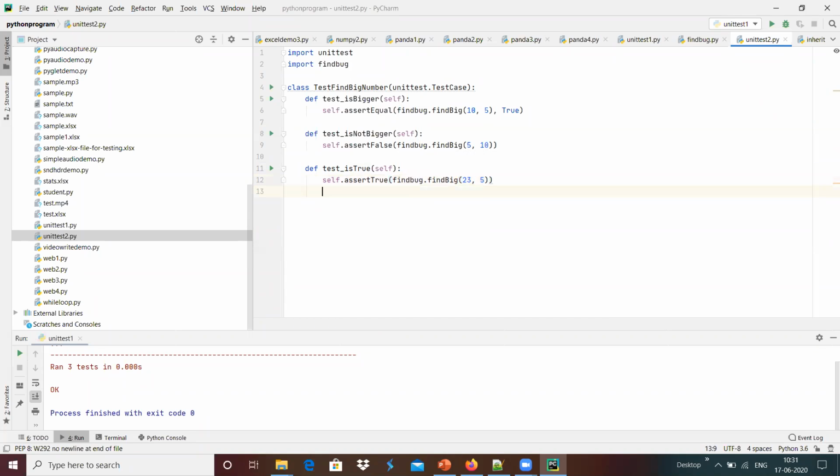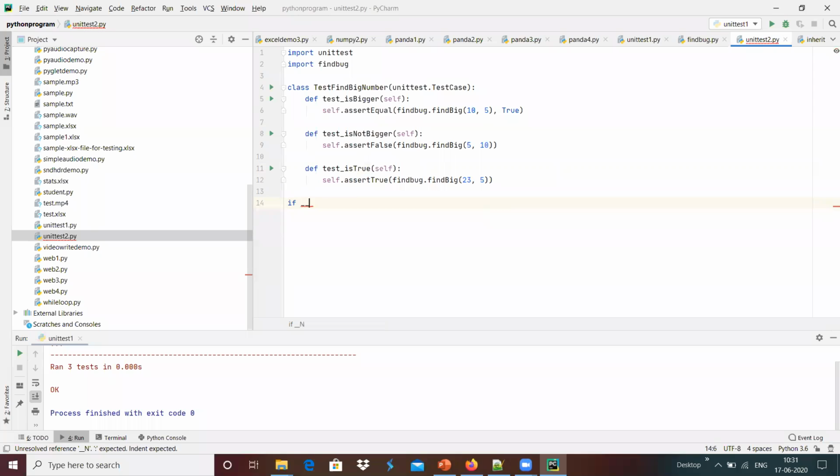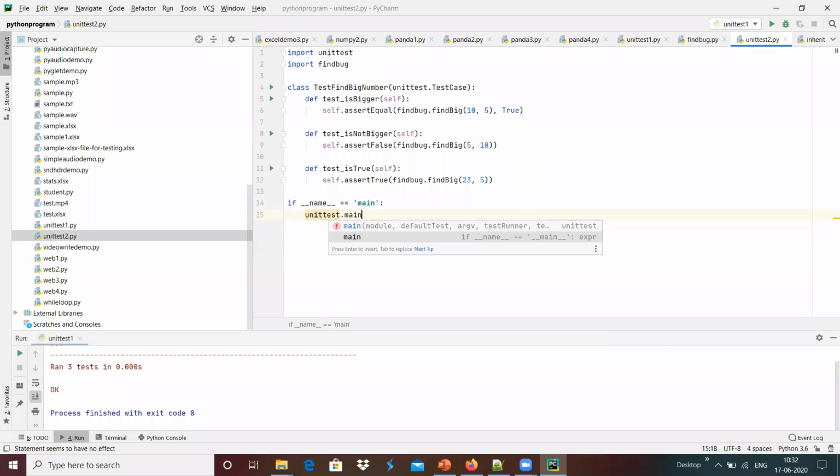Like that we can give different arguments, and maybe we can create the test cases with the help of if __name__ equals main, and we have the option to start with that main function. We have unittest.main over here.